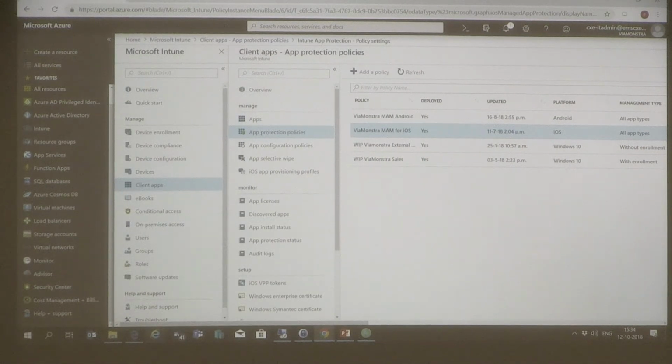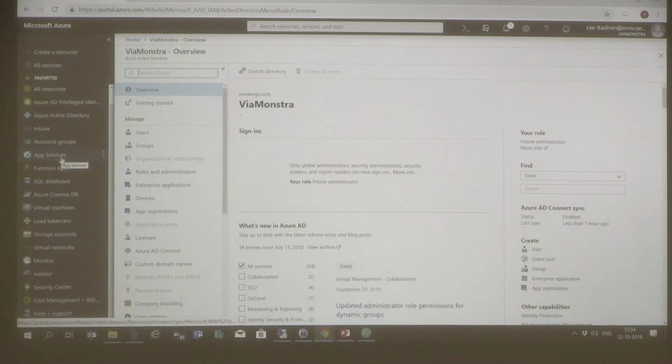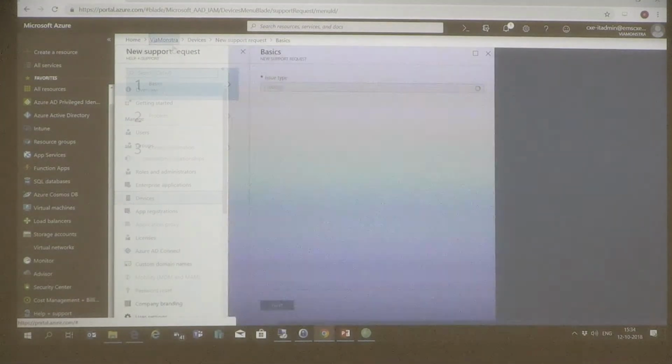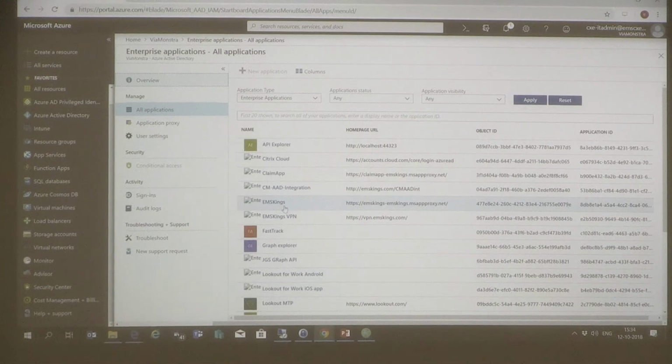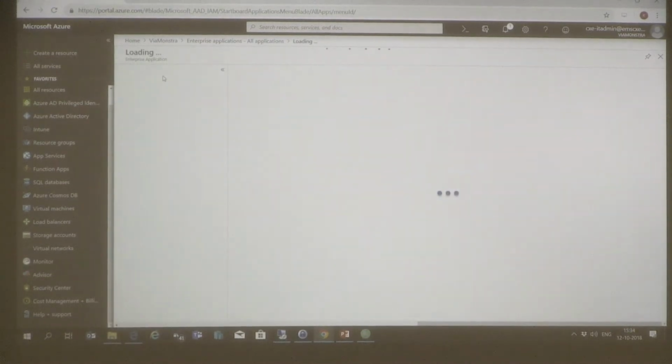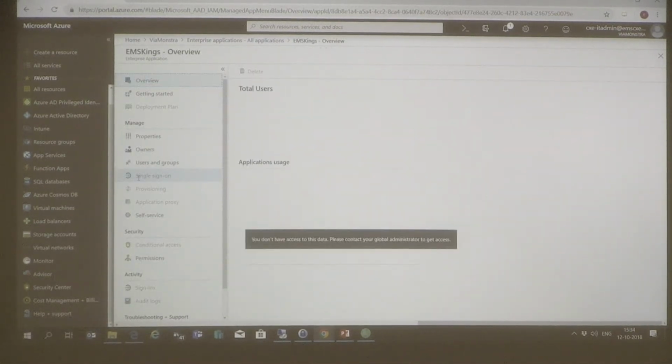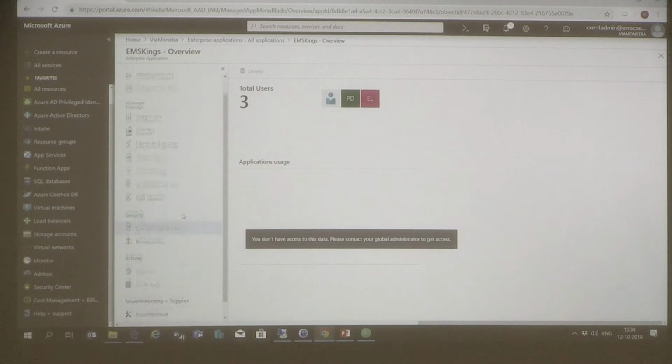So we have seen the conditional access part, we have seen the app management part. Now let's look at how to really publish the app, and that we do in Azure AD. So if we go to Enterprise applications, then the EMS Kings application will show up, the same application I use for the conditional access. And here we should have the application proxy